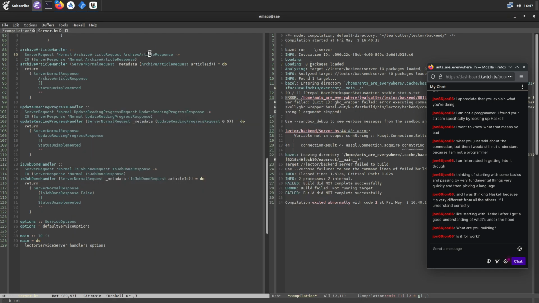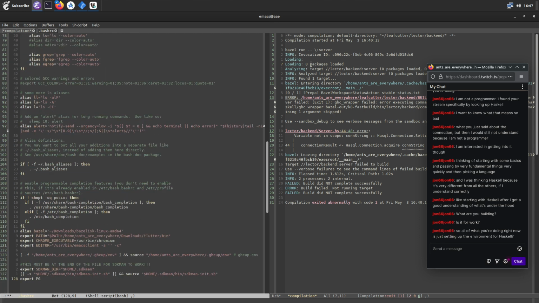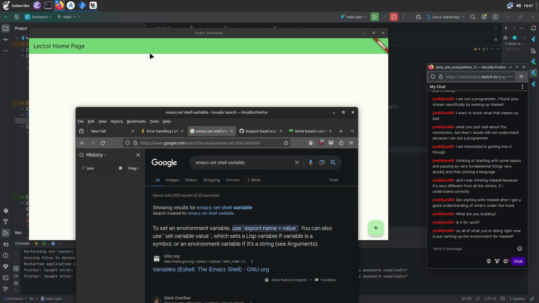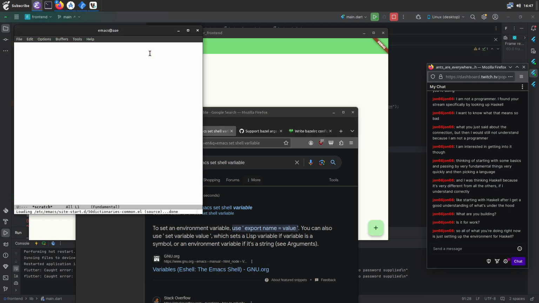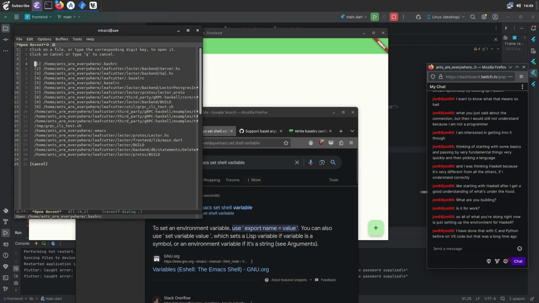Will Emacs just read bash RC? So what I'm doing now is, oh,